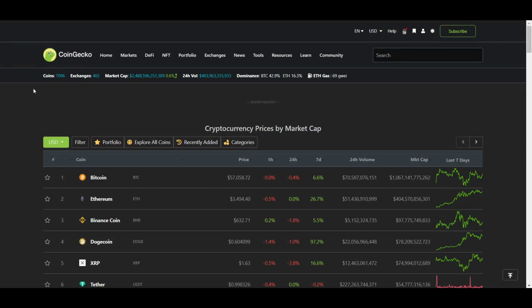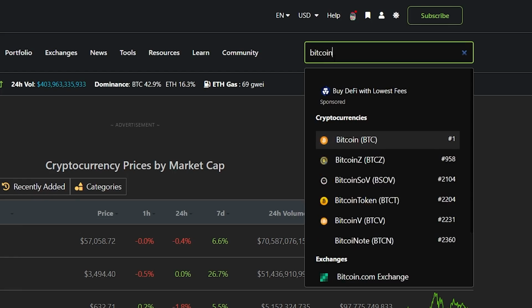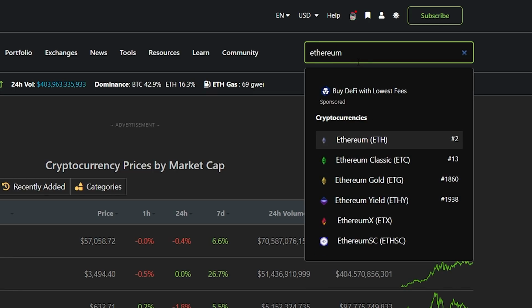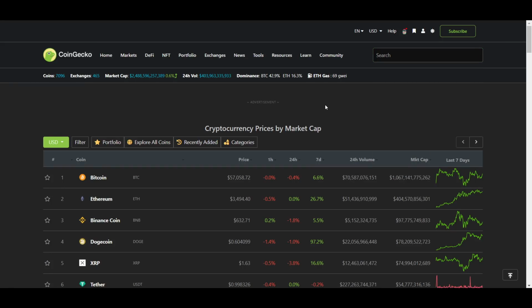Let's go! You have probably noticed by now that if you scroll through CoinGecko, there are a lot of coins with similar names such as Bitcoin, Bitcoin Cash, Bitcoin Gold, and Bitcoin SV, or in this case Ethereum and Ethereum Classic, which we are going to be talking about today. This can be a bit confusing for anyone who was not in crypto back then when these coins were created,